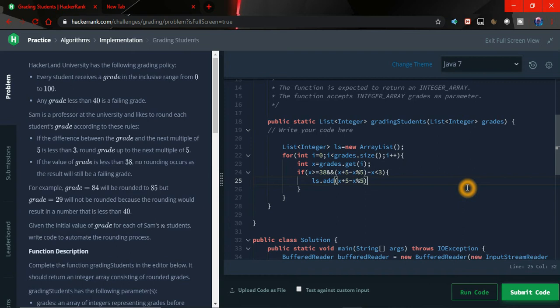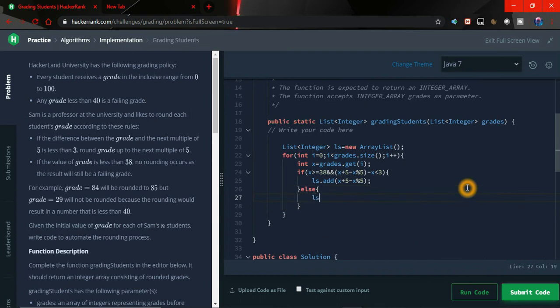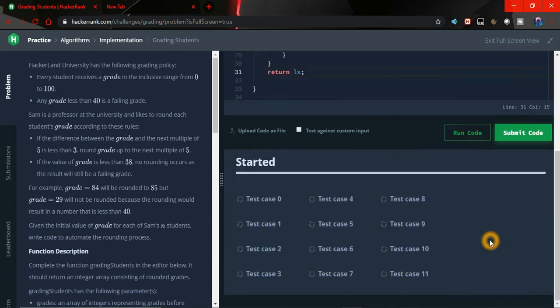That's the simple logic. And else, if this condition is not matched, we simply have to add the value of x to the list, and then simply return ls. Now let's hit submit and see if it is working or not.